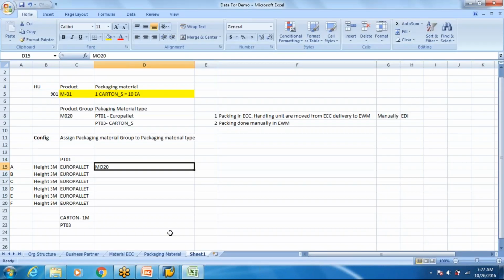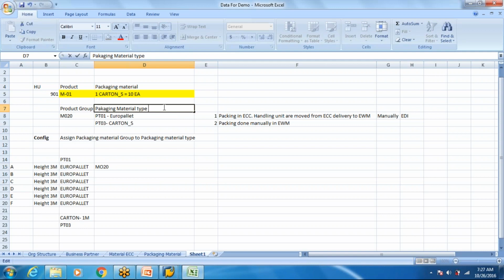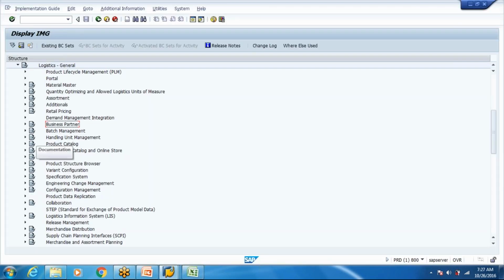Then I was also playing around yesterday with number ranges. Number ranges come from the packaging material type. So one of the main important parts, when we talk packing, is that the most important aspect of the packaging material type is to map the number ranges.